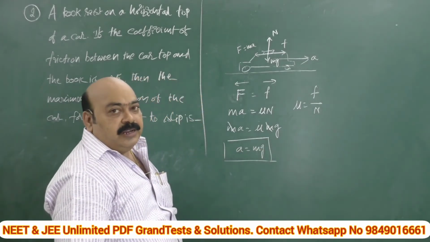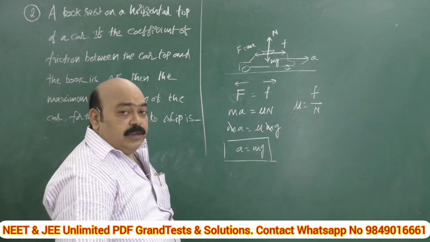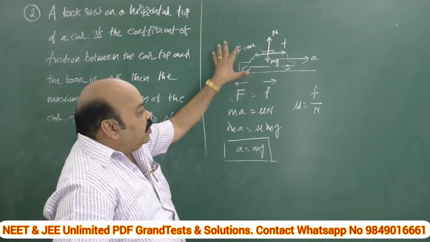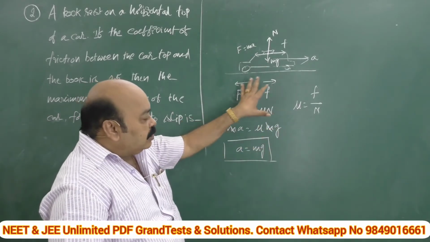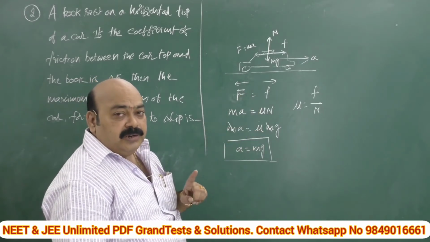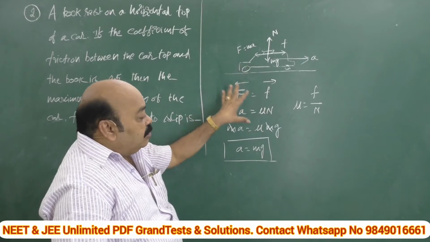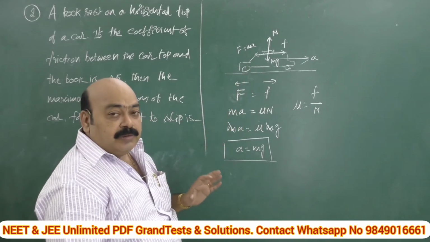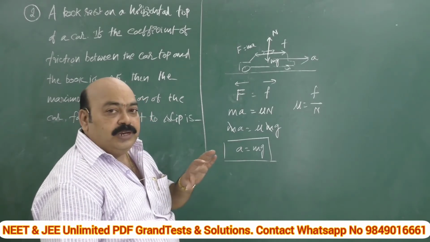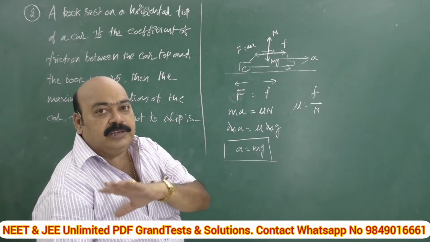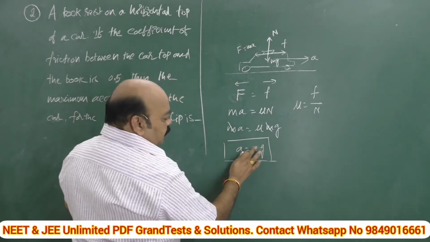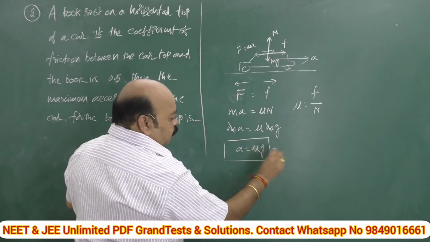Shortcut technique. Very often we are hearing this word. What is it? That means if we observe such a type of problem once again in a competitive exam, no need of writing all these. This is only for your understanding sake. I am telling you in detail. If it is a board examination or intermediate examination, without writing all these, you won't get marks, because marks will also be awarded to the procedure. Whereas in the competitive examinations, you only need the option, multiple options A, B, C, D. That's all, among which is correct. Now this A is equal to how much? M gets cancelled, now we have mu g, that's all.